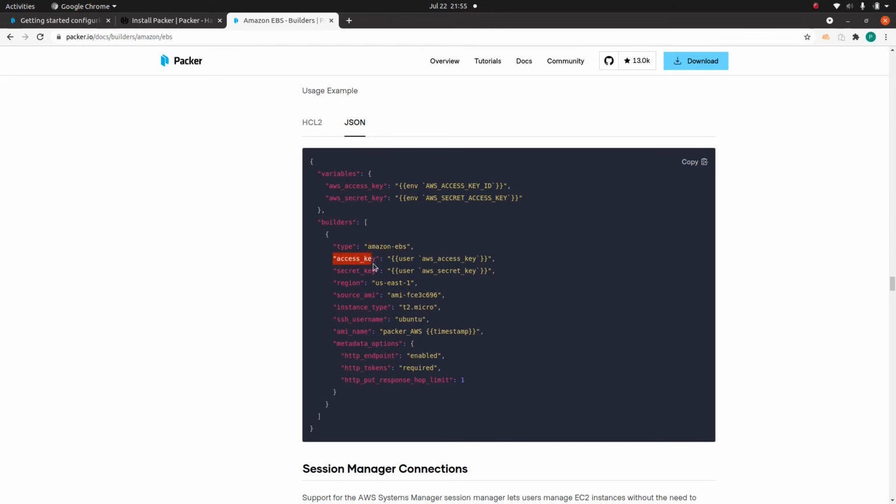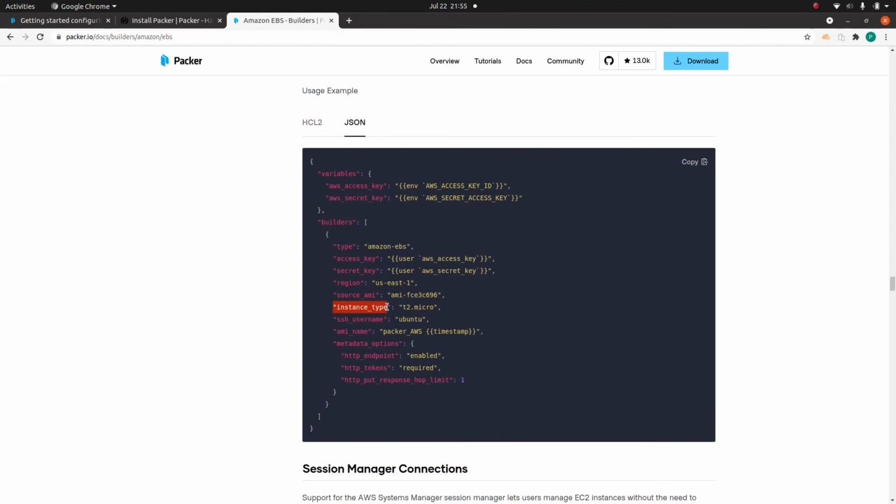Then in order to connect to your AWS account, you need the access key and secret key, the region where you want to build this image, and the source AMI. You need to give it a reference based on which you are going to create your image, and the type of instance.